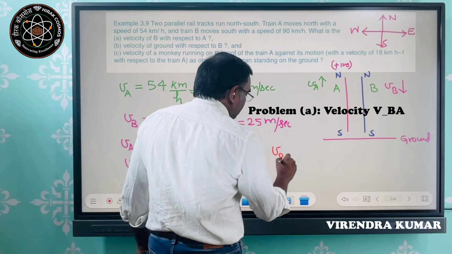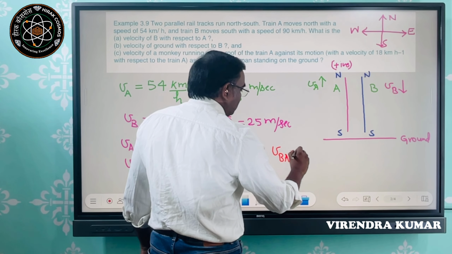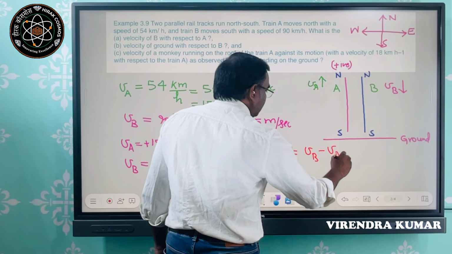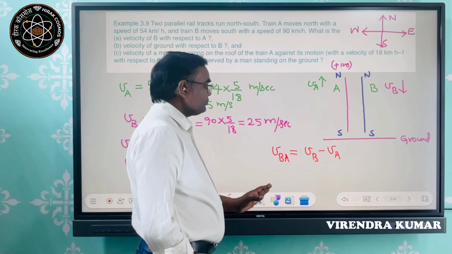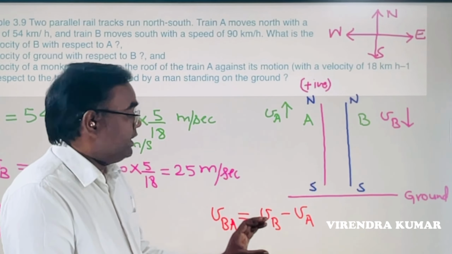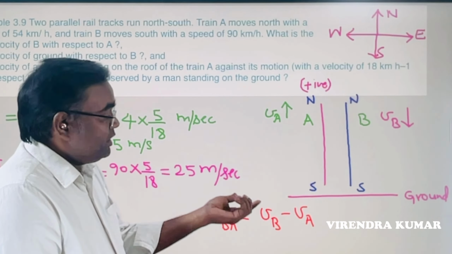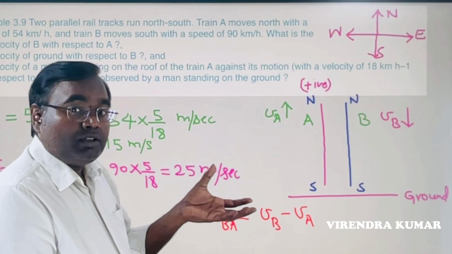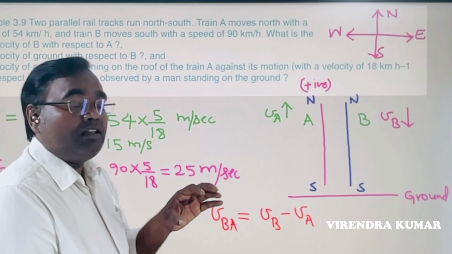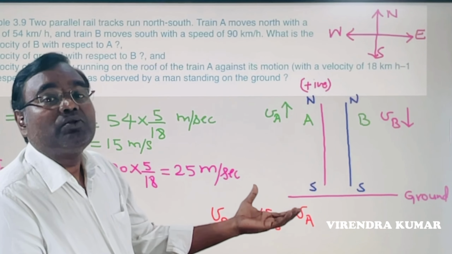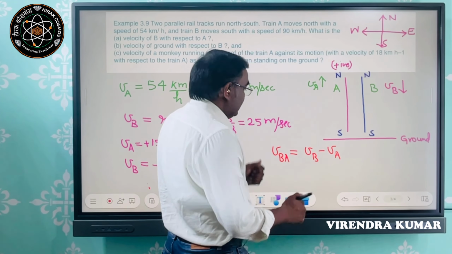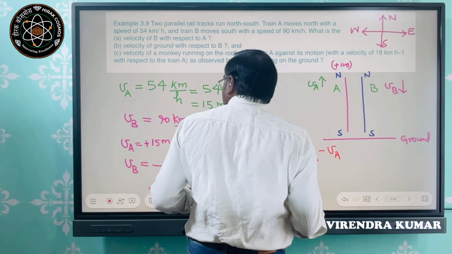Velocity of B with respect to A will be equal to velocity of B minus velocity of A. Okay, इसका रियल मीनिंग ये होता है कि velocity of B with respect to A, here the observer is in the train A and it is measuring the velocity with respect to himself. So that's why VBA is equal to VB minus VA, and if we substitute the values for VB and VA,